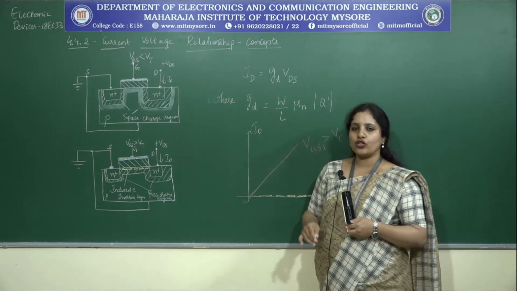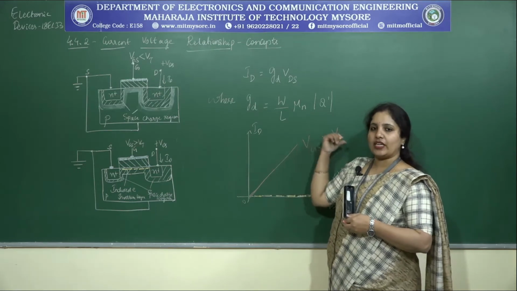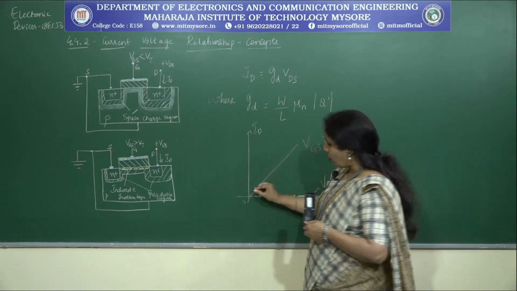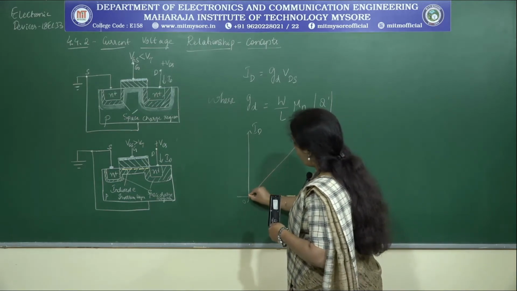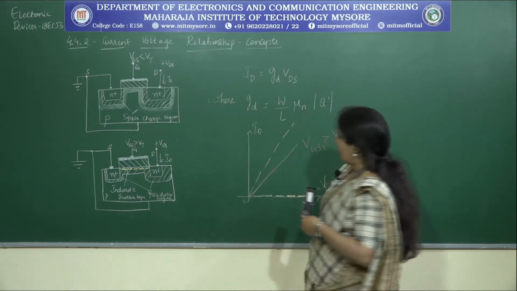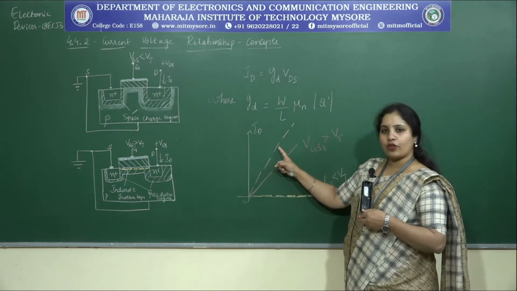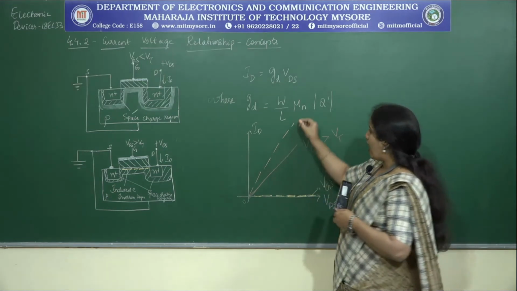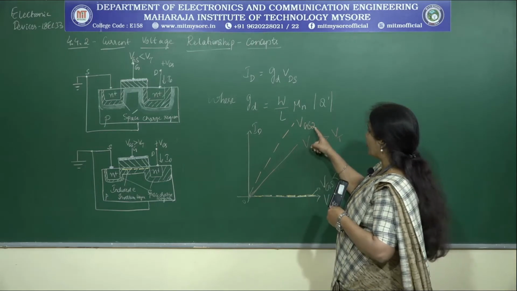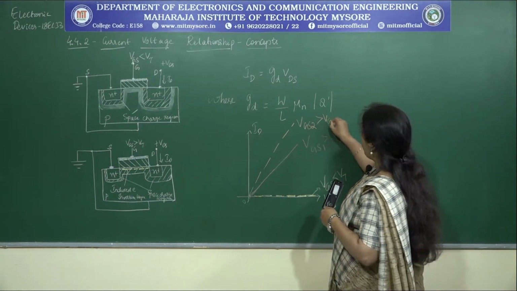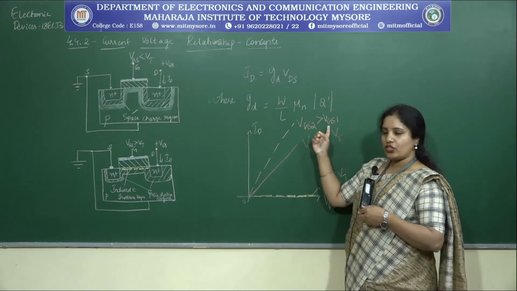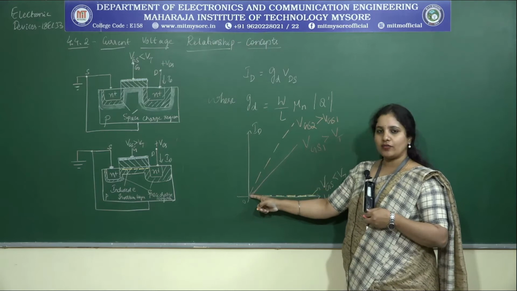Done. Now, the next thing that you have to understand is, even if I further increase the gate to source voltage more than this VGS1, which is greater than VT, what will happen? Obviously, the amount of current that flows in the device also increases, and that increase is what I am trying to represent from these dotted lines. This is the condition where my gate to source voltage, for the second case, VGS2, is greater than VGS1.